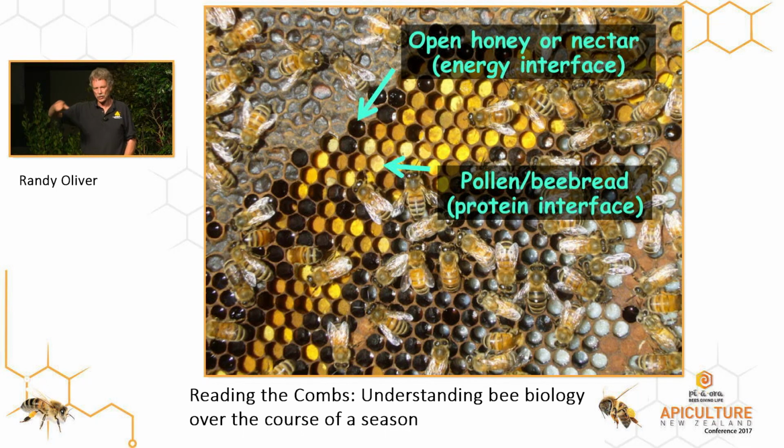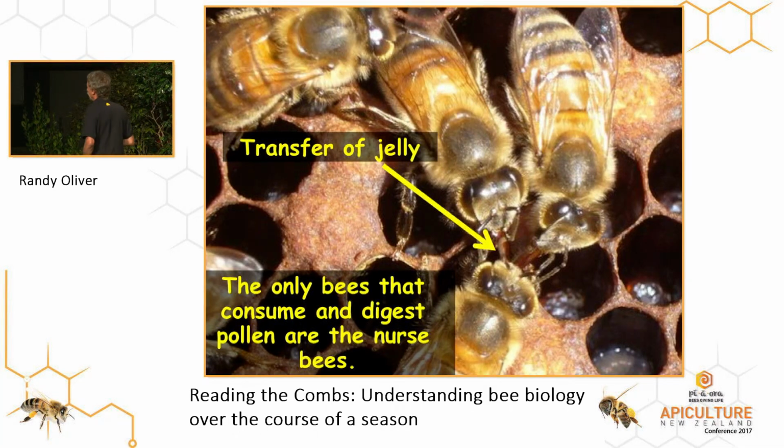That's another common misconception on the web. Fresh pollen coming straight in is the most nutritious. It's only stored just for the bees to be able to use it later, so that it doesn't rot. The bees can consume it later, but they actually do better on the fresh pollen coming right in. Now, the only bees in the whole hive that have the capacity to digest pollen are the nurse bees.